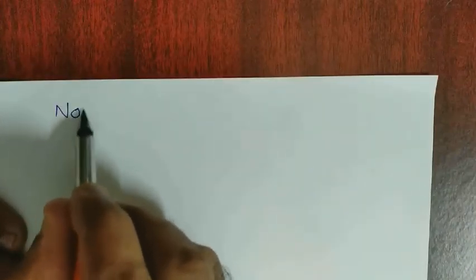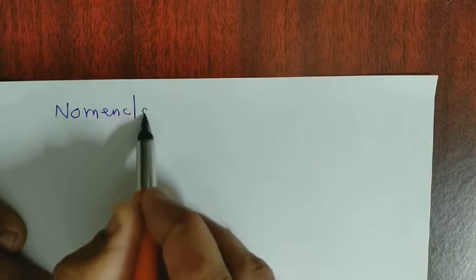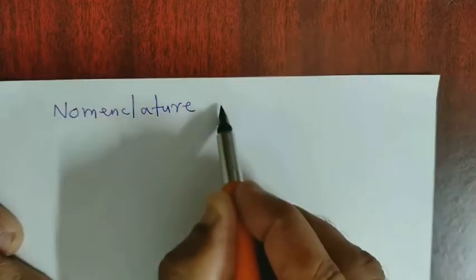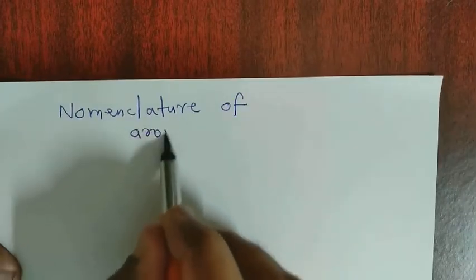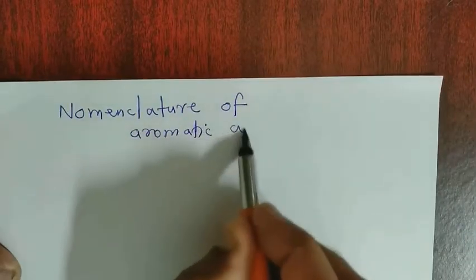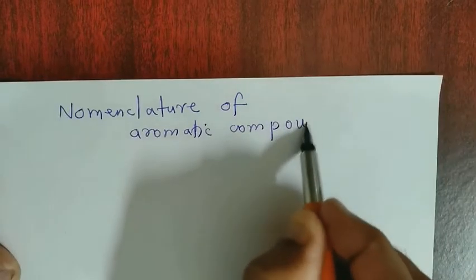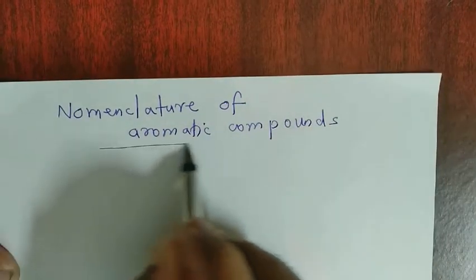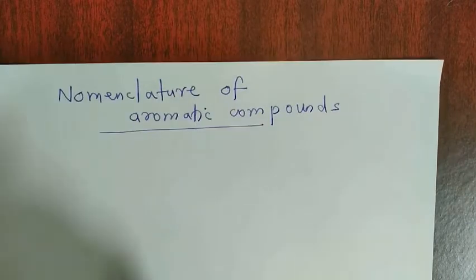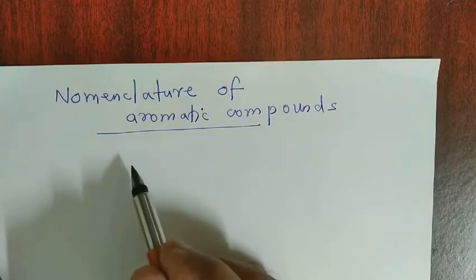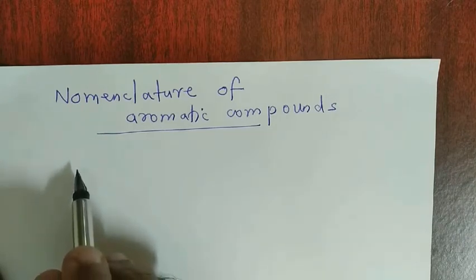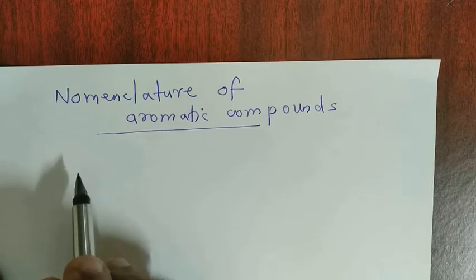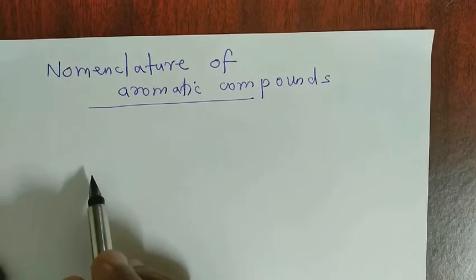Nomenclature of substituted benzene, that is, nomenclature of aromatic compounds. In IUPAC, during the nomenclature of aromatic compounds, the principles used are the same as those used in alicyclic and